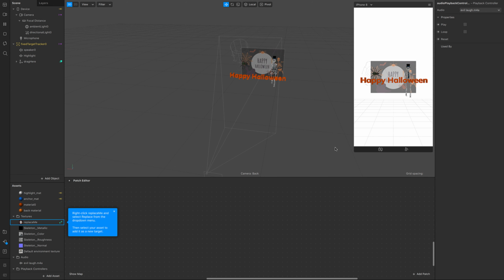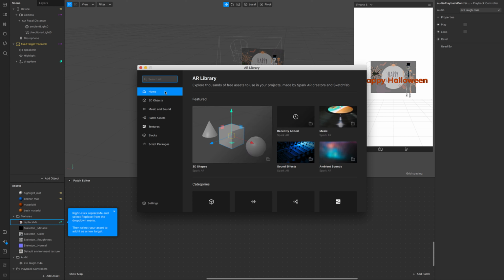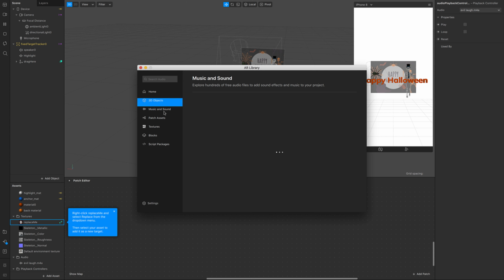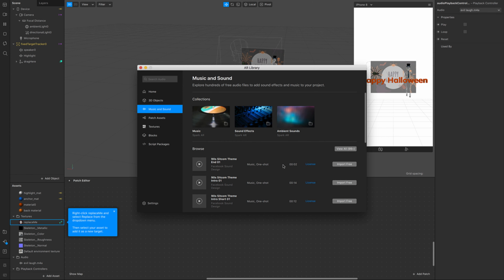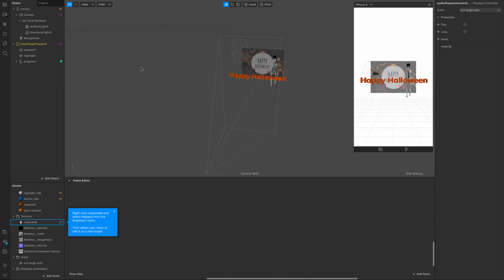So once you have that, you can also import audio directly from the AR library. You can find the music and sound, and these should be optimized for Spark AR, so you can search for different audios. So I already have mine prepared. So now I can control whether I want to play immediately or whether I want to loop it, but it's not playing because the speaker is not connected to the audio playback controller. So what we want to do is find the audio playback controller. So now it's playing,